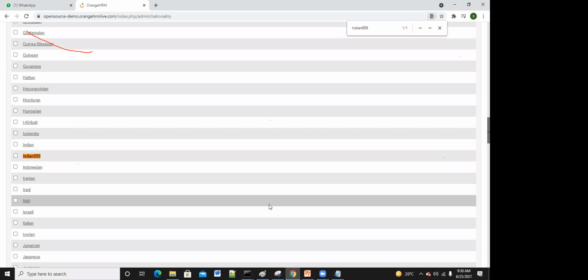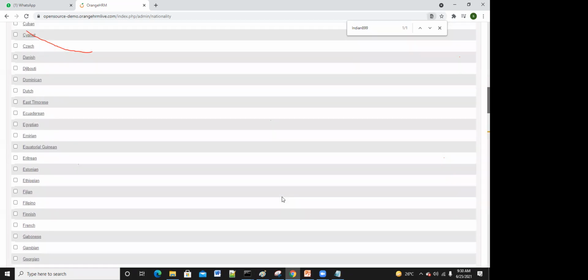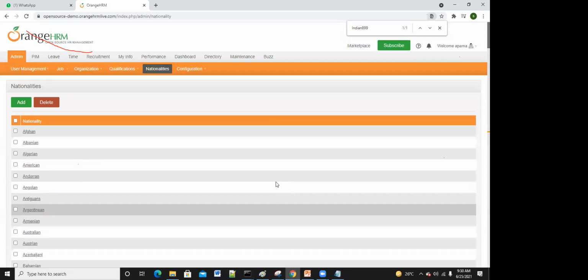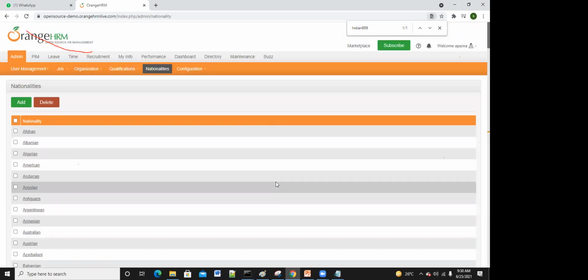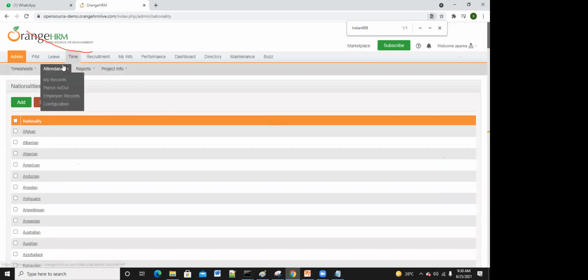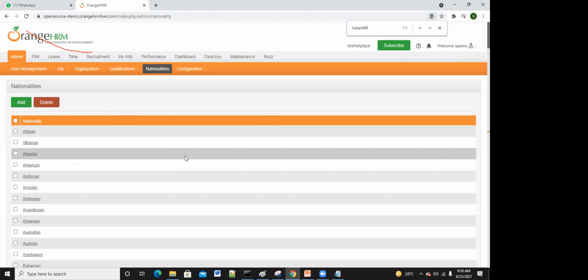So this is a simple scenario, a simple test case: whether the system is able to create a new record or not. There is a requirement BR001, the system should allow creating a new nationality record. So it's able to create it. This is a simple step, and I have created it. But if there are 20 to 30 steps to place a single order, or to create a simple account, I have to navigate through at least 5 to 10 screens, and everywhere I have to enter input data, and finally my order will be created.